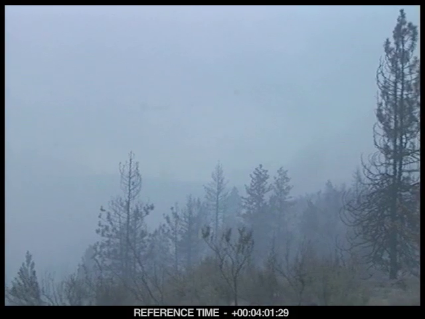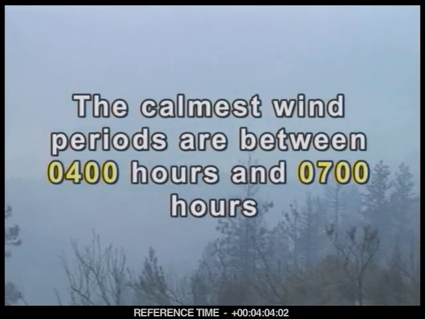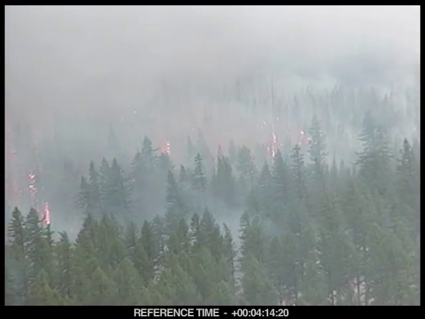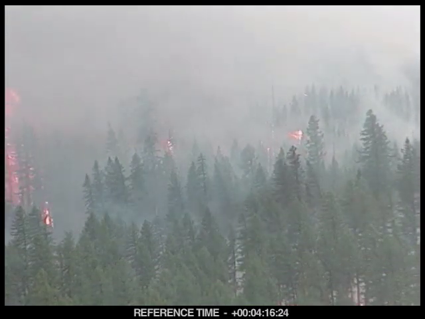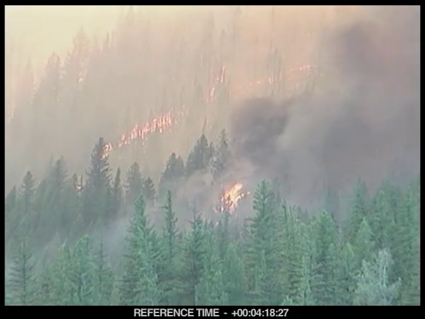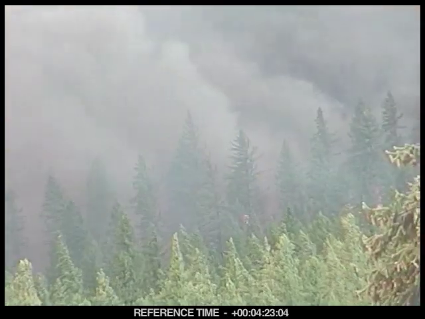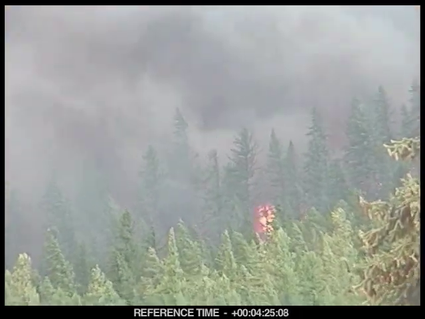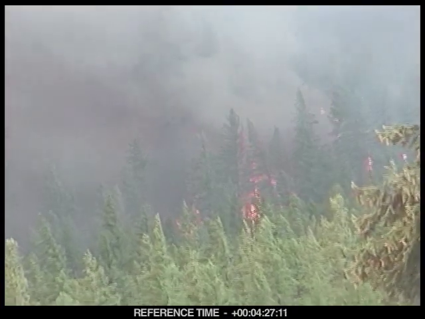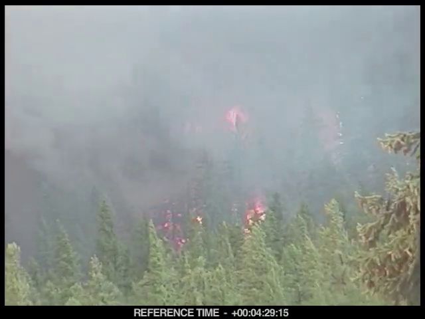Winds tend to build throughout the day. The calmest times are between 4 and 7 a.m. During the morning hours, solar radiation warms the ground in lower elevations. This heating effect warms the air just above the ground, creating slope and valley winds. As the low-lying air heats up, air currents begin to flow uphill through the canyons and slopes during the day. In the evening, when the high air currents begin to cool, they reverse direction and begin to flow back down the canyons and slopes to lower elevations.